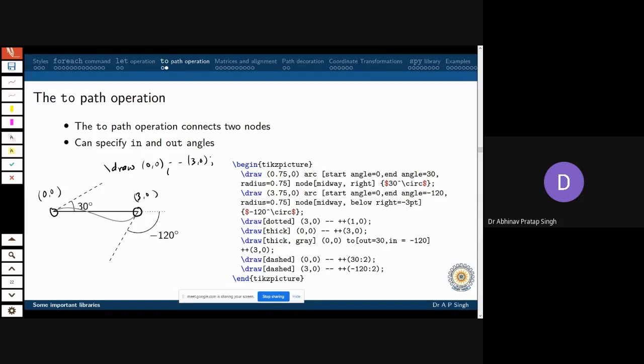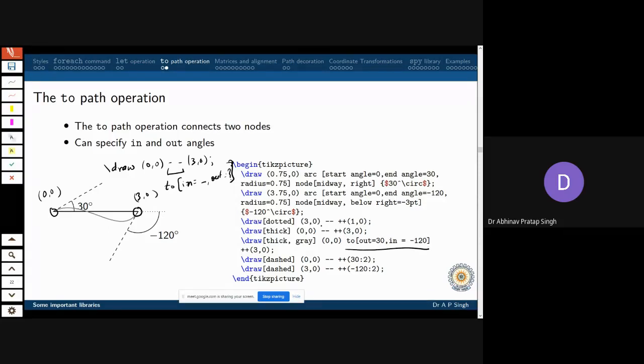So instead of drawing these two, we will say 2. And then I will say what is the in angle when it is entering and what is the out angle. You can see all these things here, and specifically this particular command.